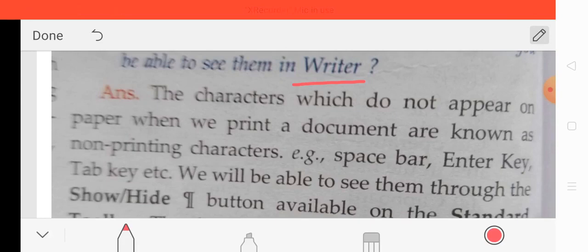As the name says, non-printing characters. The characters which are not printed when we give a print command are called non-printing characters, and these are spacebar, enter key, tab key. These are the three main characters that are not printed, and we will be able to see them through the show hide button.